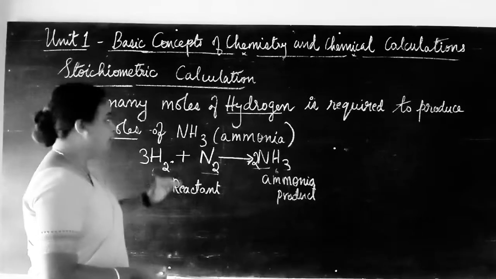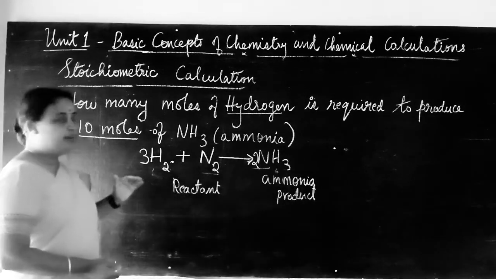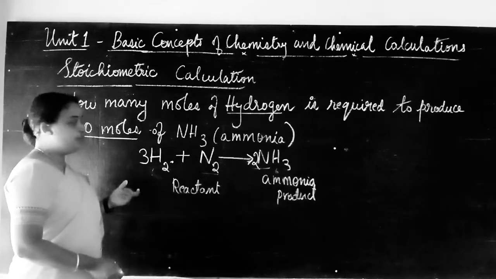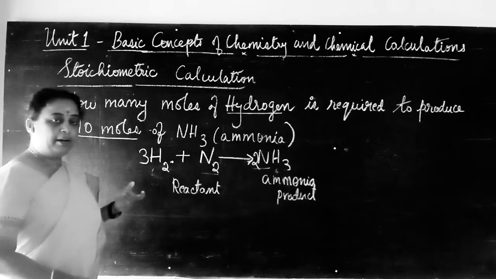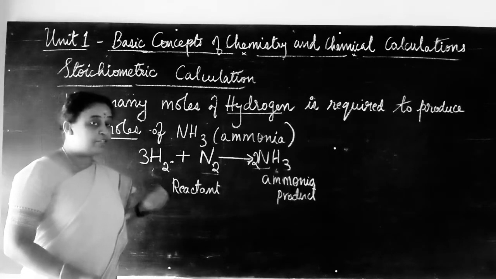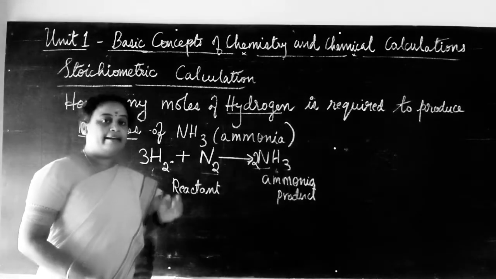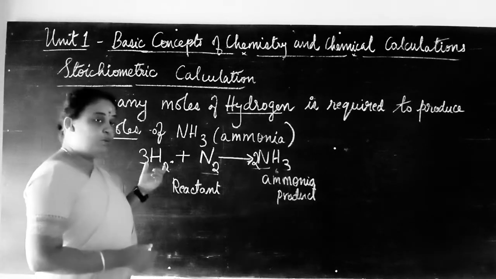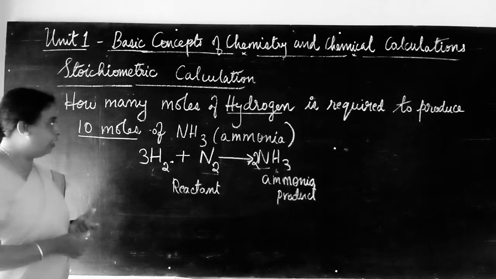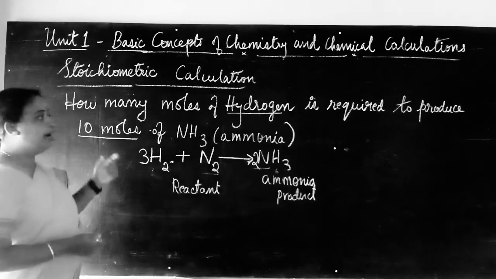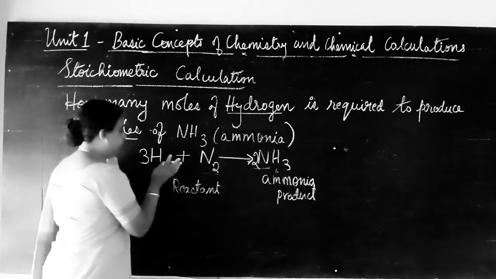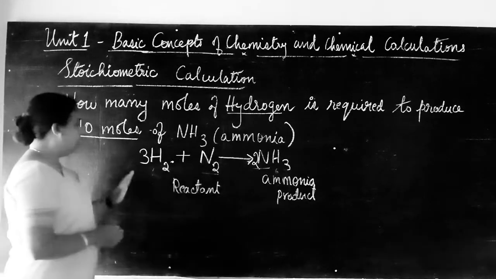So first and foremost, by writing the solution for this question, first we have to read the question properly, understand it, and based on that we should make a chemical reaction and balance it. And using the balanced chemical reaction only we will find the number of moles. Okay, now from this balanced chemical reaction, conclude that